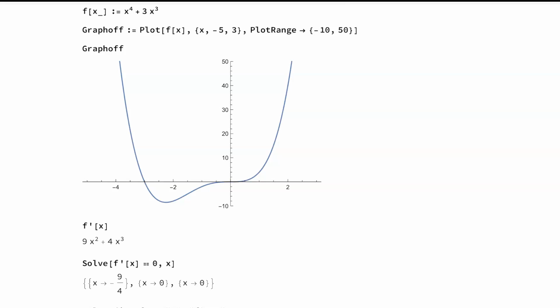Now we're going to do some analysis based on functions that we have in Mathematica, and you have all this code, so you should be able to reproduce everything that's here. So we're starting with a function f of x that is x to the fourth plus 3x cubed. One thing to note is that this is a polynomial, and we like polynomials because they're continuous everywhere, and